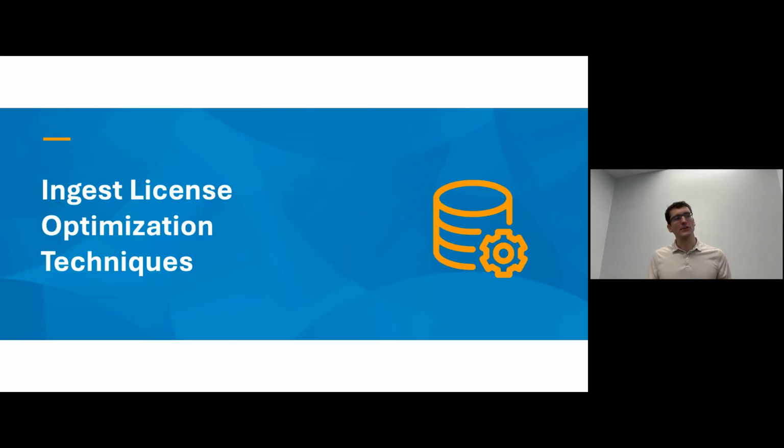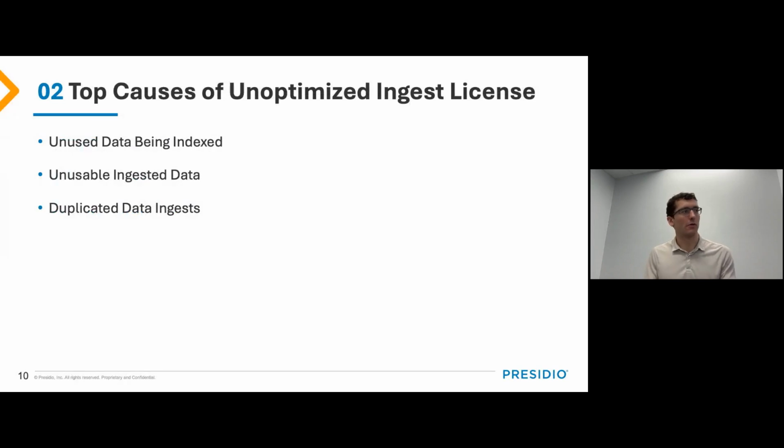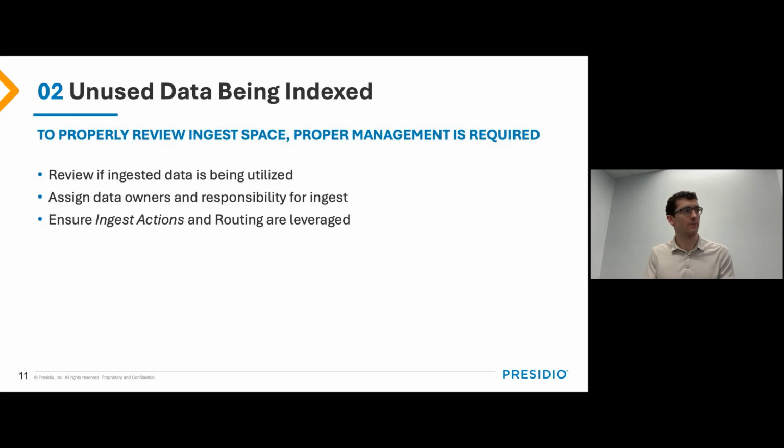So let's get into ingest license optimization techniques. The core three ways we're going to be talking about are unused data being indexed, unusable index data, and duplicate data ingest, and how you can discover this and how we recommend fighting these battles here. So the first one,